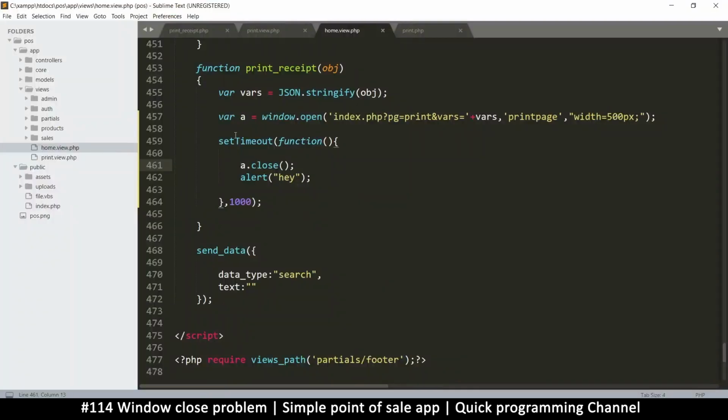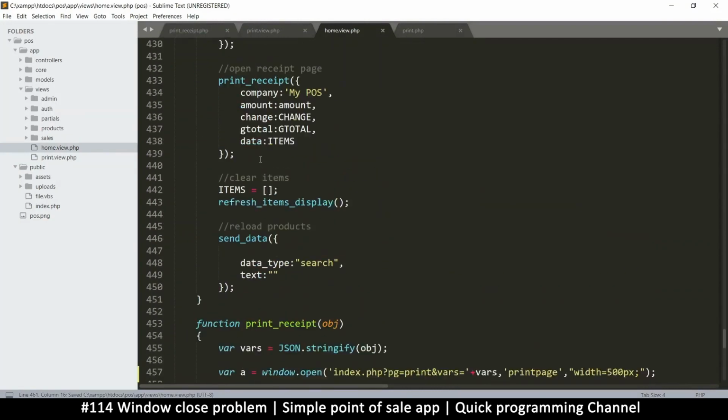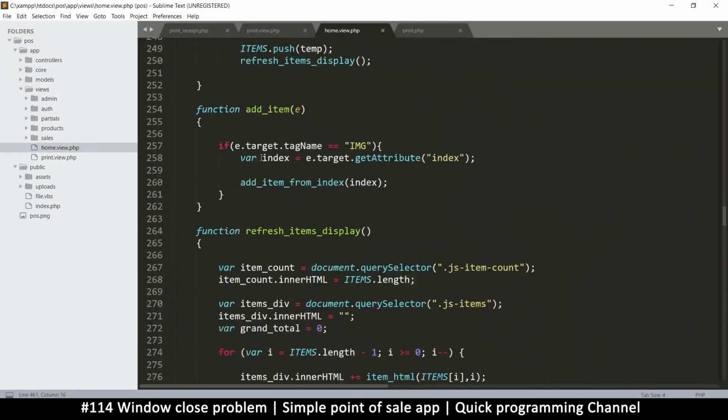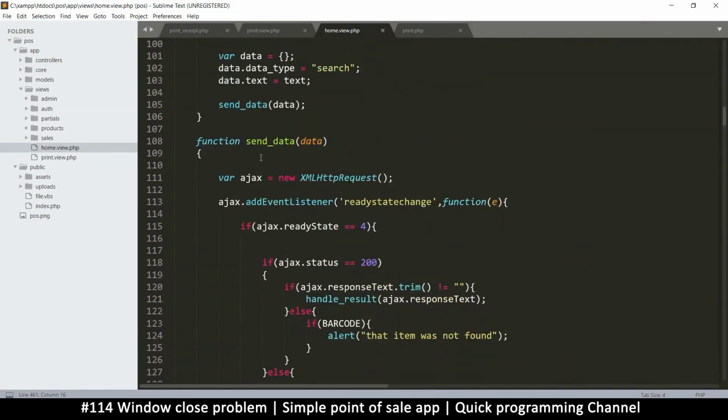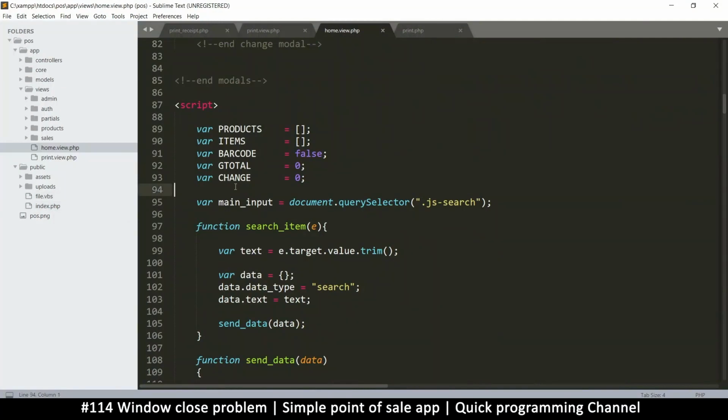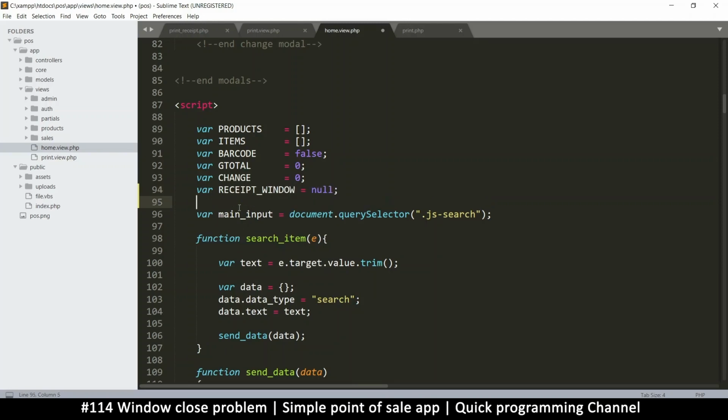Okay, so what I'm thinking is happening is that this variable is being lost into the ether. That's why it can't find the handle. So maybe let's go up here to the very top. Wait a minute, where is it? Up right here. So let's create the variable up here so that it's always active. So let's say open, or you can say receiptWindow. Let's set it to a null value for now, and then I'm just going to copy it,